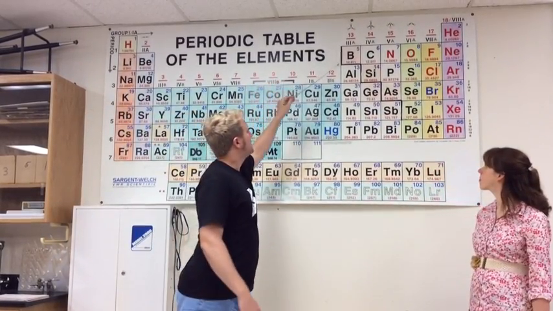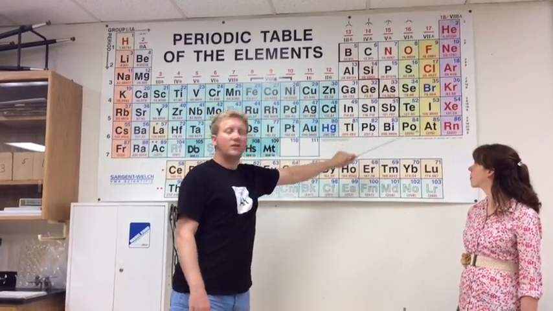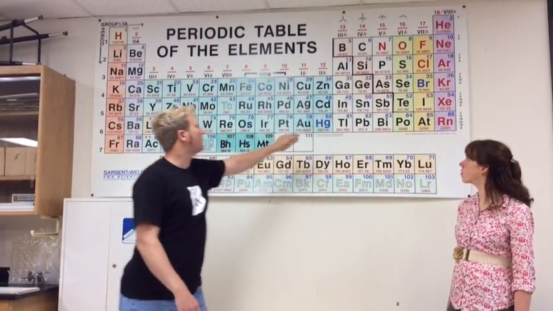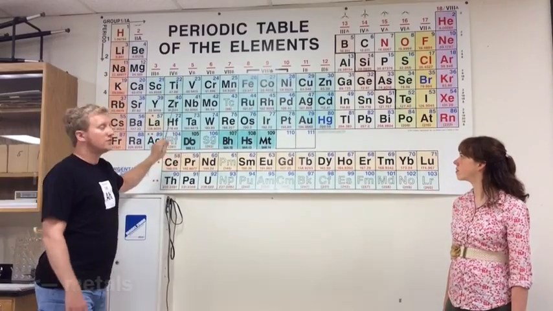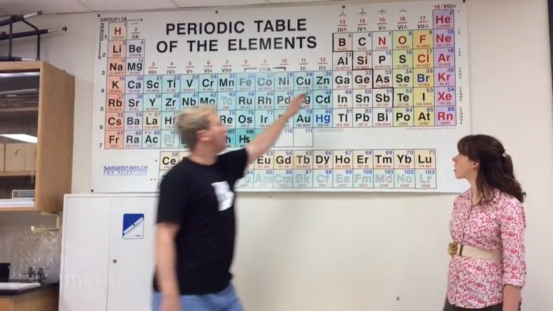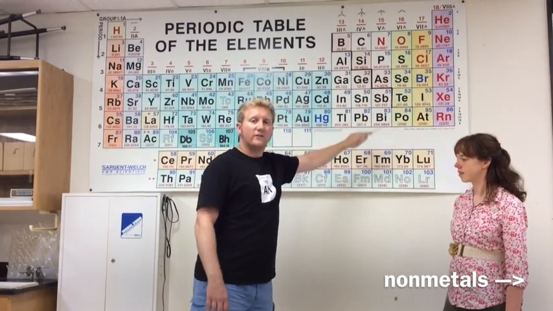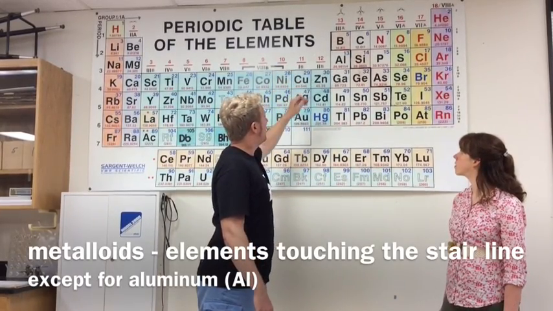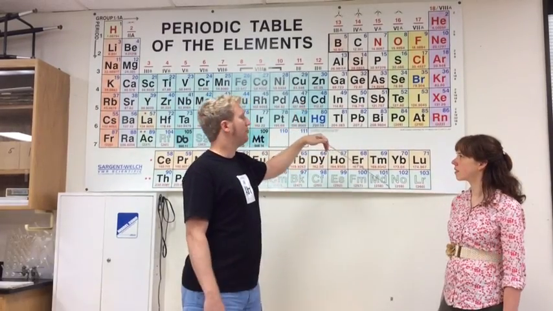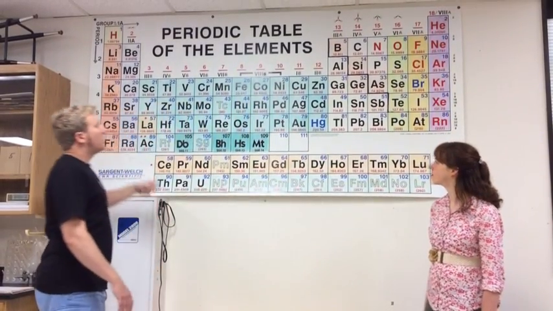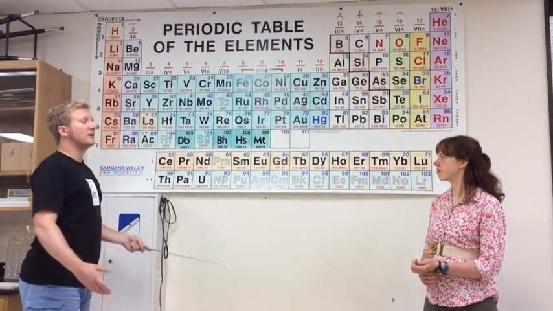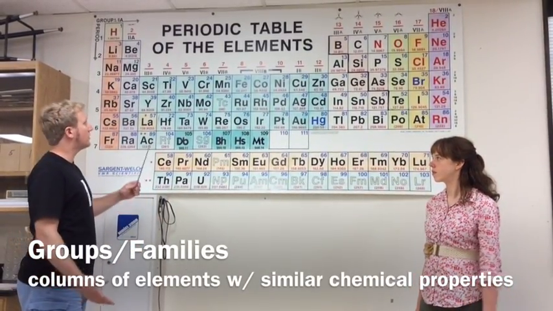There's a nice dark set of stairs here, and that divides up our periodic table into metals on the left. So write that in and draw metals with an arrow. And non-metals are on the right. Metalloids are on the actual stair step, except for one. We can also take the elements and divide them up into groups or families based on similar chemical